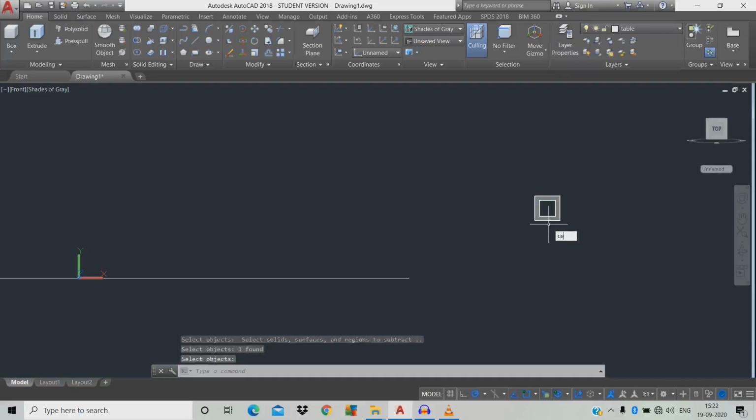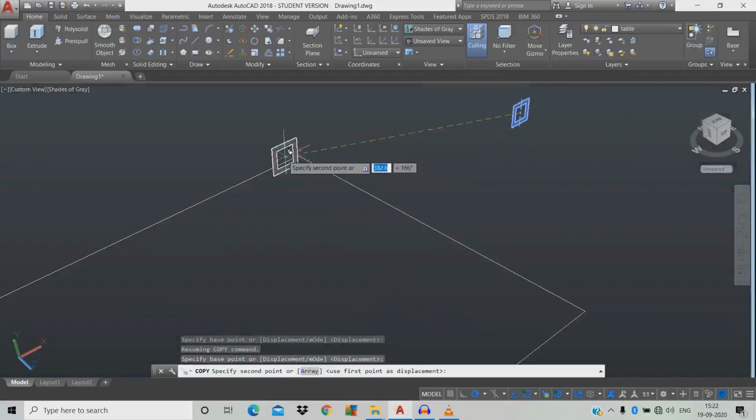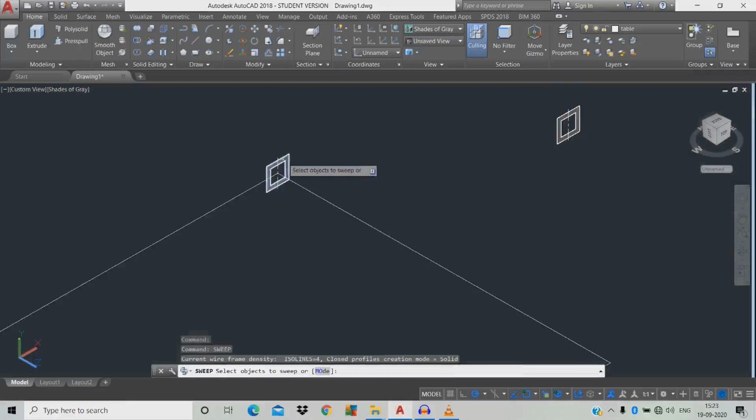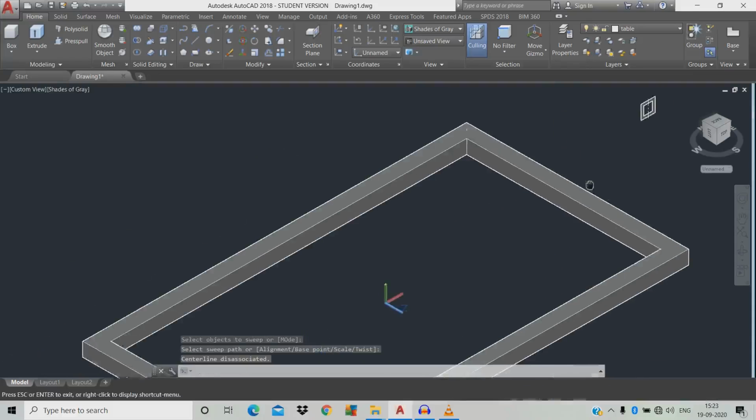Now we need a center line. So for that, CENTRE, center line. Click the object. I need a center line between the corner object and the corner object. Okay. Now go to home screen. Then we're gonna copy, CO space. Click the object space, and we're gonna paste it over here. Now we're gonna give the sweep command, SWEEP space. Click the object that we're gonna sweep, space, then click the path that it's gonna travel. Okay. Now it has changed.